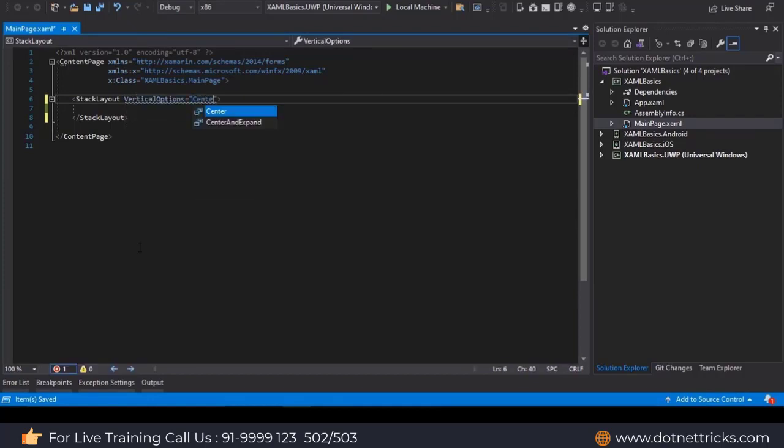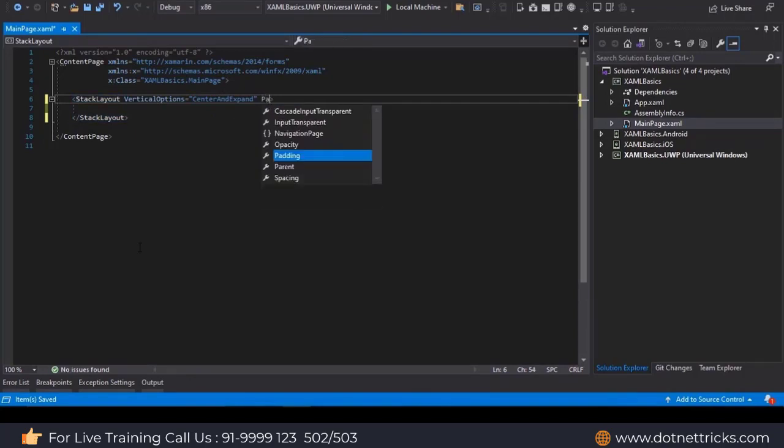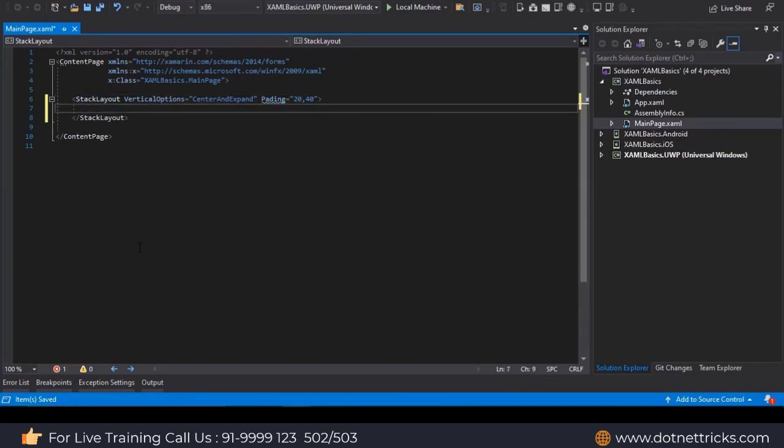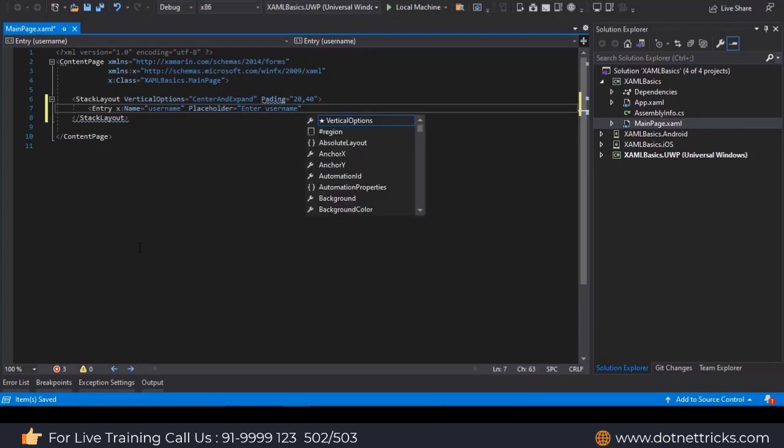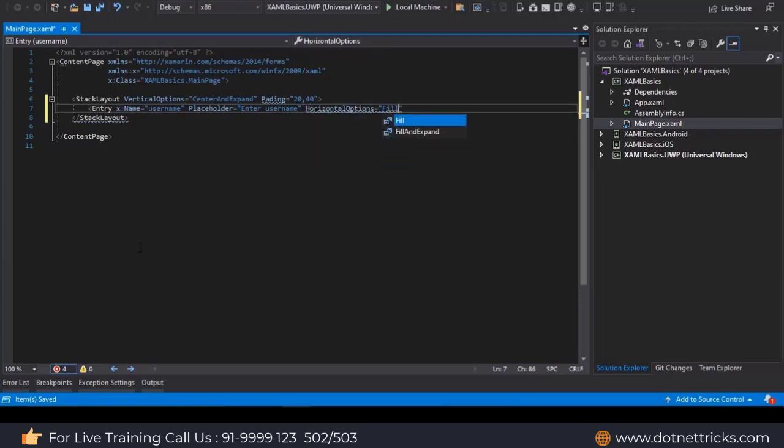Let my layout be centered, and let me have the padding be 40. Let me create an entry for the username, and let's have a placeholder as enter username, and horizontal options to fill whatever space is available.